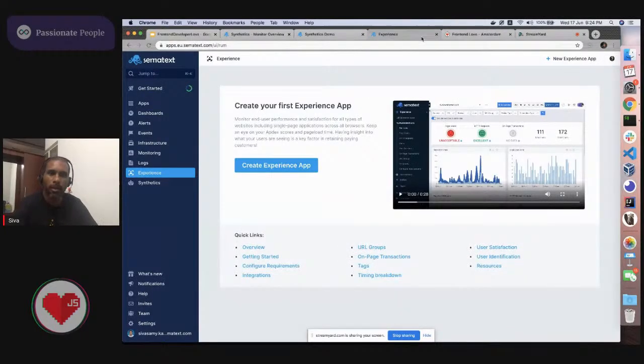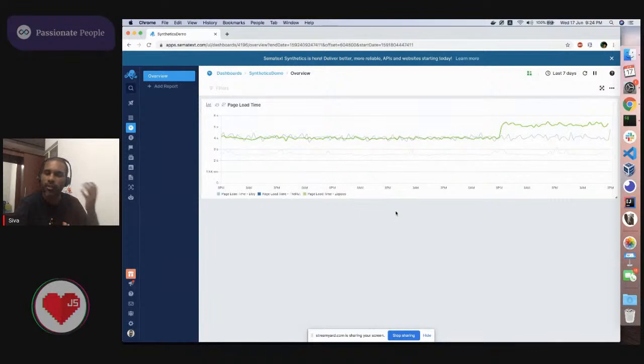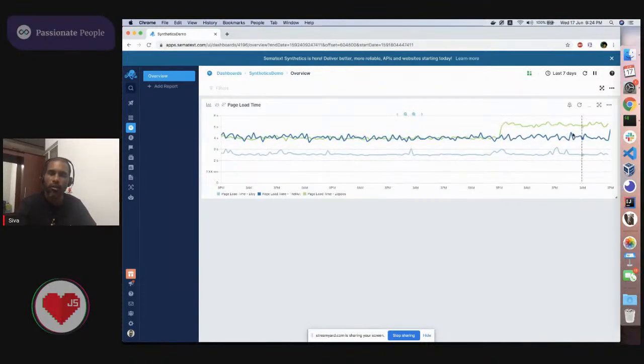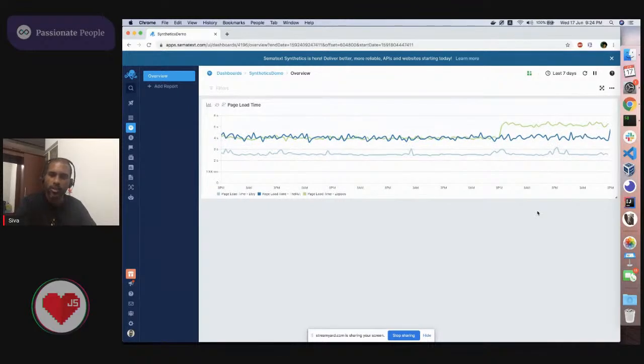So if we have set up monitors with synthetic monitoring, we don't need to put any script or anything in the website, so we can monitor even the competitors' websites with synthetic monitors. Here I have three monitors which monitor the HC, HUT, and Zappos websites. And if you see, we have the page load time over the 7 days for these three websites, and we can easily see, okay, there is a drop in the performance of Zappos.com recently, due to which the page load time has increased. So we can use this to compare how we fare